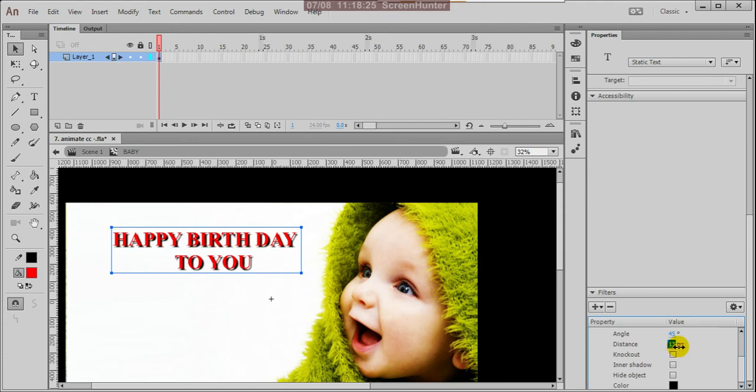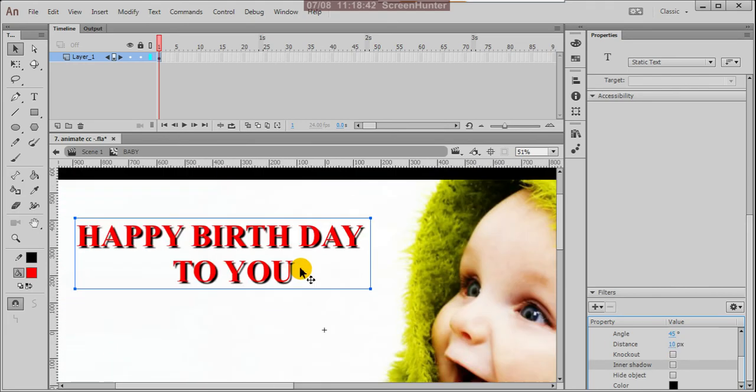Yeah, this is the distance. So this is 7. I'm trying to give 10. If you observe here, I think 10 is not good. So I'm giving a 5.